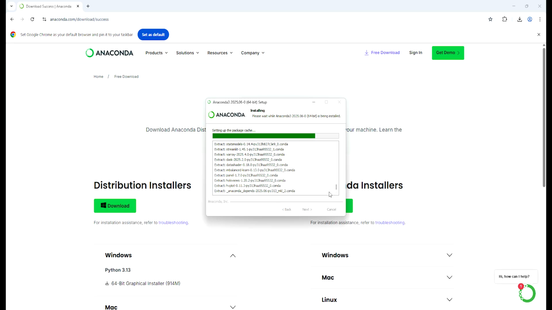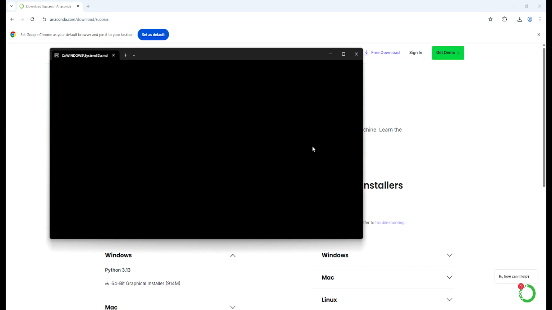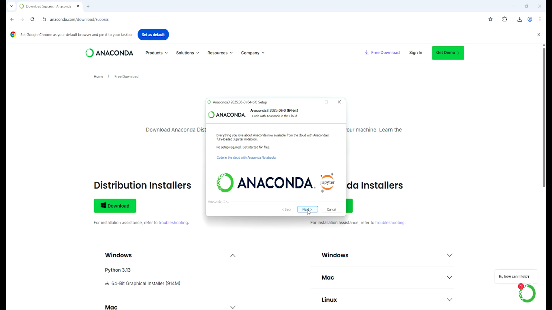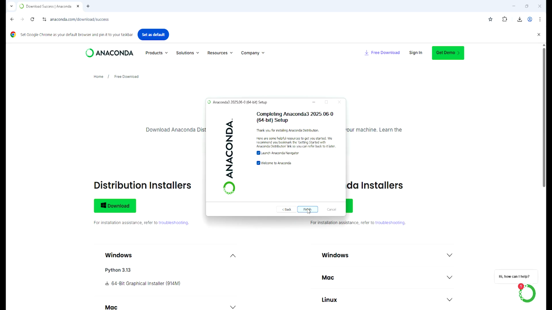Installation is in progress. Now the installation is completed. Click on next and click on next. Click on finish. Now it will start the Anaconda Navigator and welcome.